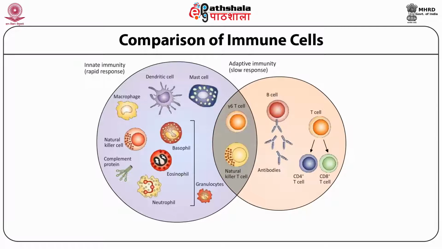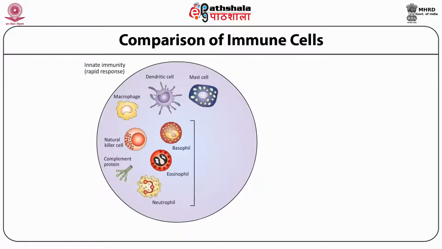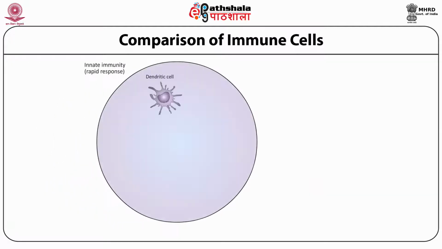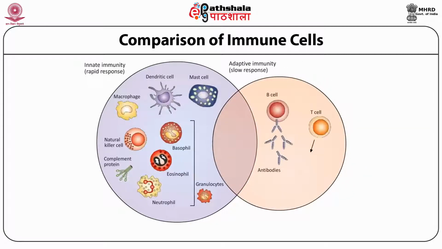There are natural killer T cells also. These cells are also very important for killing the pathogen, because they normally recognize not the protein component of the foreign pathogen. They recognize lipid molecules as well as sugar molecules, thereby mounting a response in such a way that they can effectively kill the pathogen.